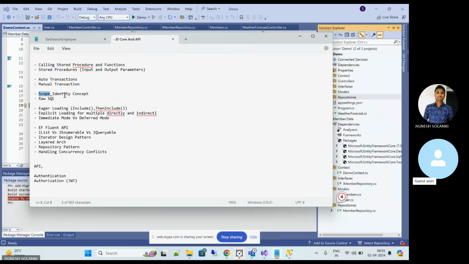We can get that. Raw SQL, what I am seeing, is running an SQL query in entity framework. I really don't know why you should do that. Basically, you are trying to do SQL using entity framework. SQL is different and entity framework is different. I am working in entity framework for quite a long time. I have never called a store procedure in my entity framework until now. We don't do that actually. Also, we don't run any SQL query. See, I showed you